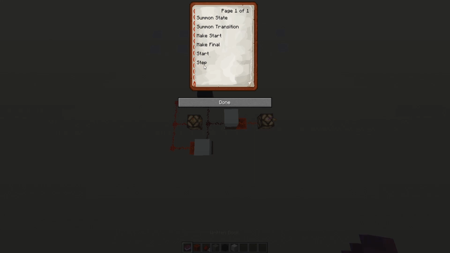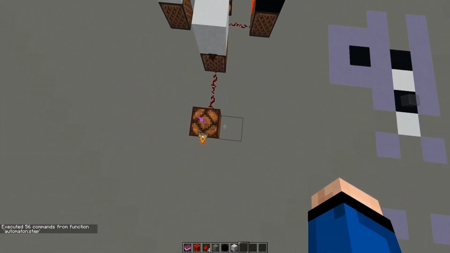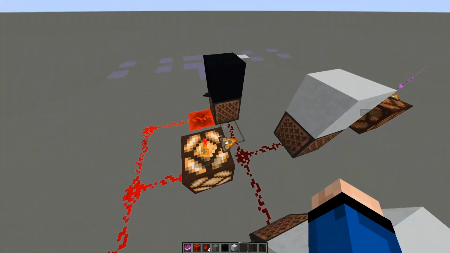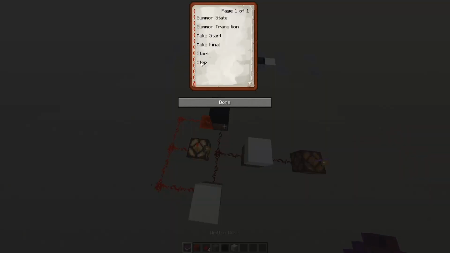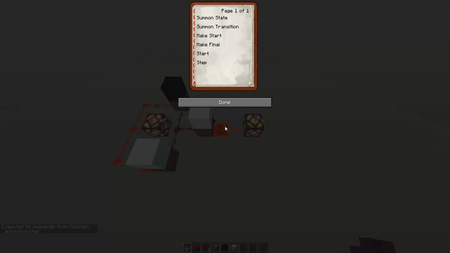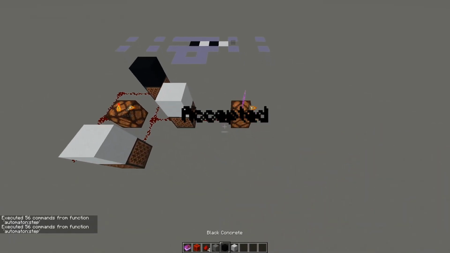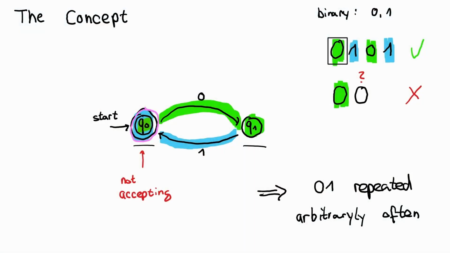So let's step through, and you can see there is no black transition outgoing here, but there is one here, so we are just in the first state again. And let's step again. Of course we are in both states again. And the last step accepts the string. So you can see this is quite an abstract concept,